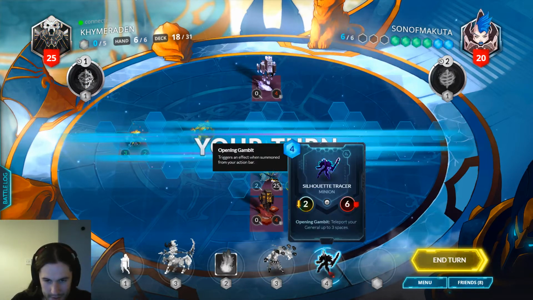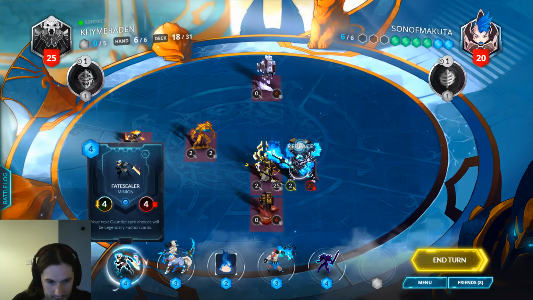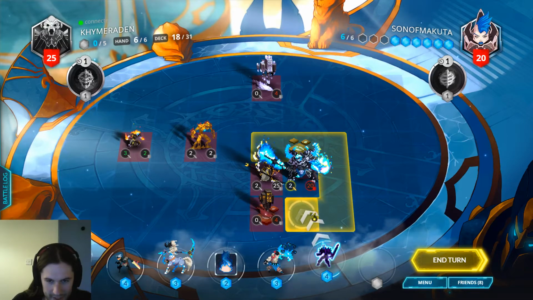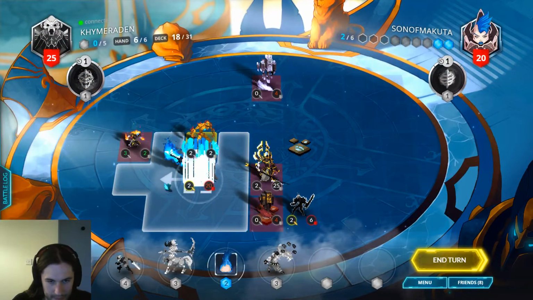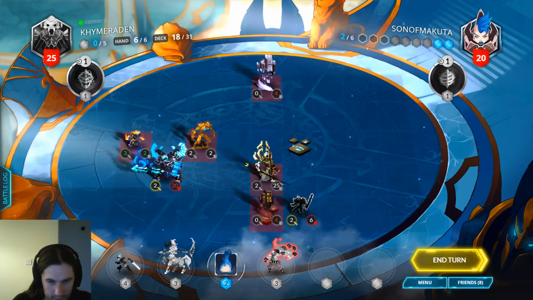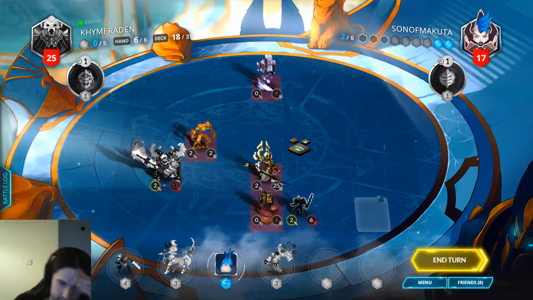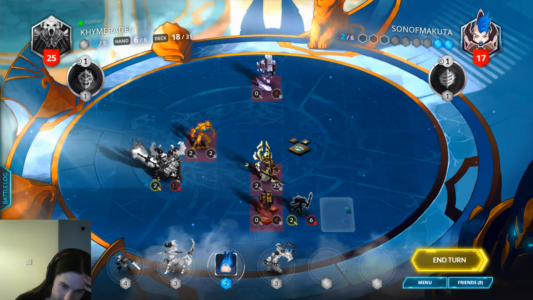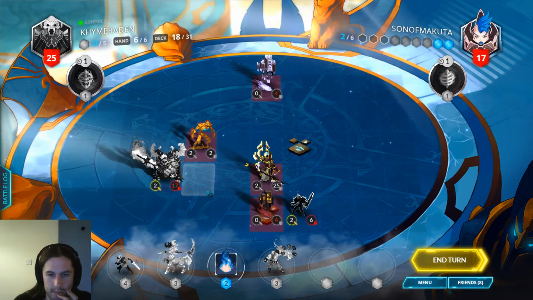Okay. Fate Sealer's back again. I think we can still win this game, but my opponent's like 2 cards up on me, so it's going to be really difficult. I feel like I just want to Frostfire the Silhouette Tracer. I don't know if that's a good idea. Like, I don't really want to get wrecked by another 2-for-1. But I guess I have to...